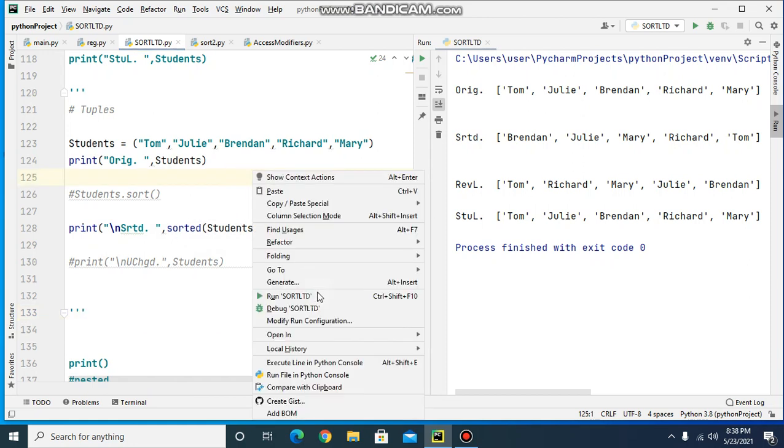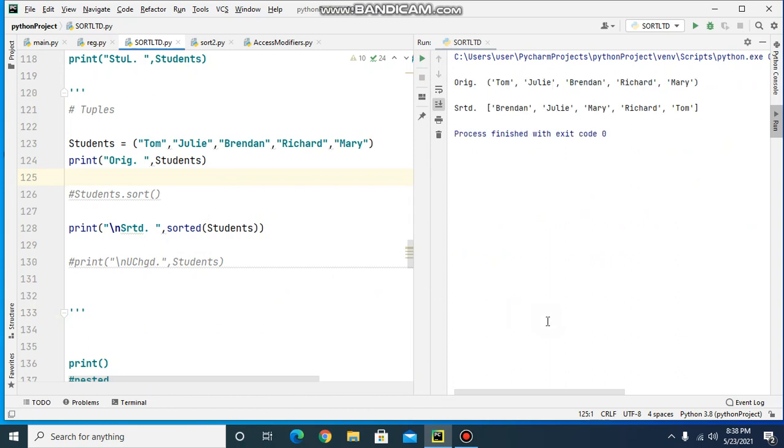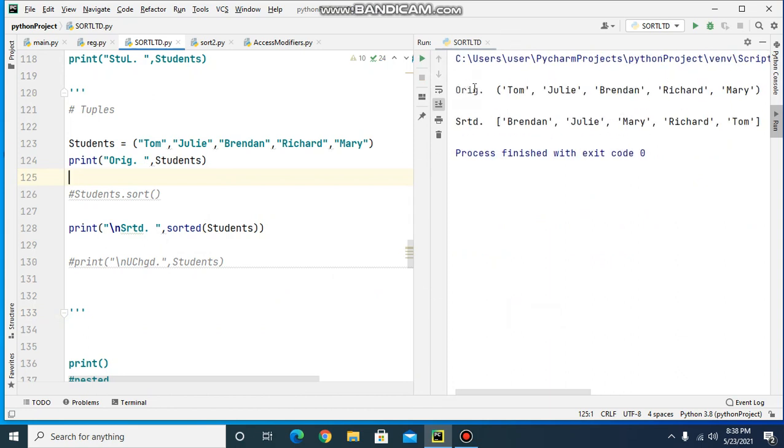We'll execute this. So this is the original tuple, and this is after sorting. The input was a tuple and the output is a list, and it has sorted in the alphabetical order.